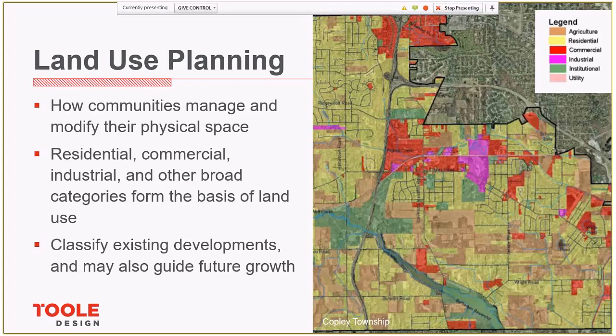Land use planning. So just like we saw on the previous slide in the Knox County example, almost all comprehensive plans include a land use map and discussion of existing and desired future land uses. The main goal of land use planning is to allocate land resources to meet the current needs of the community while also safeguarding future resources.